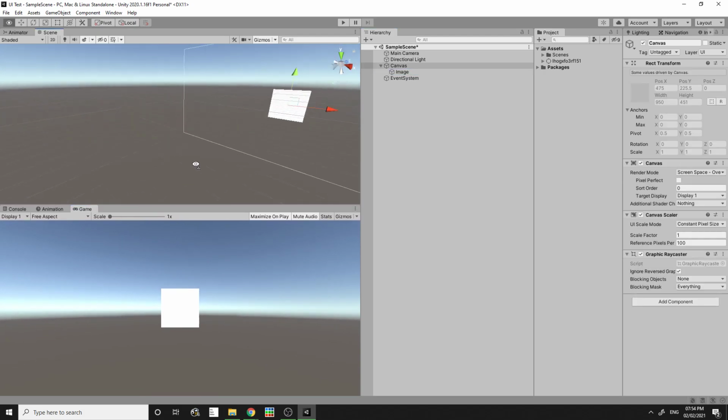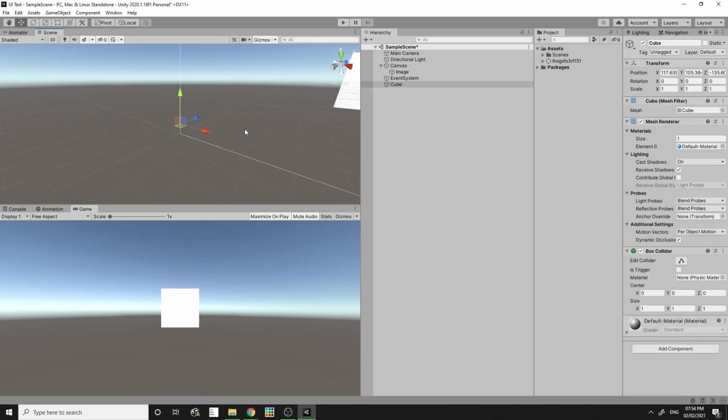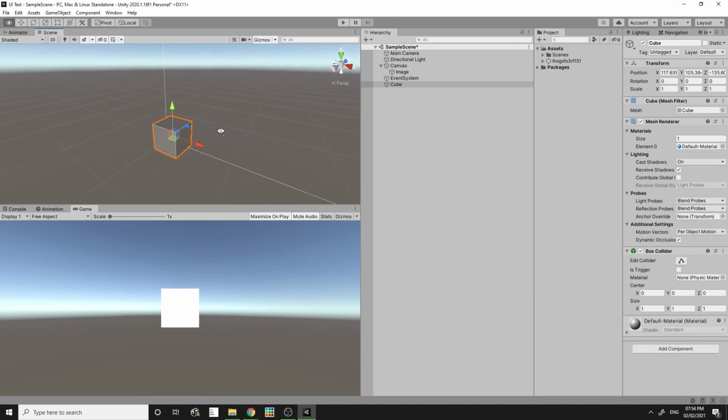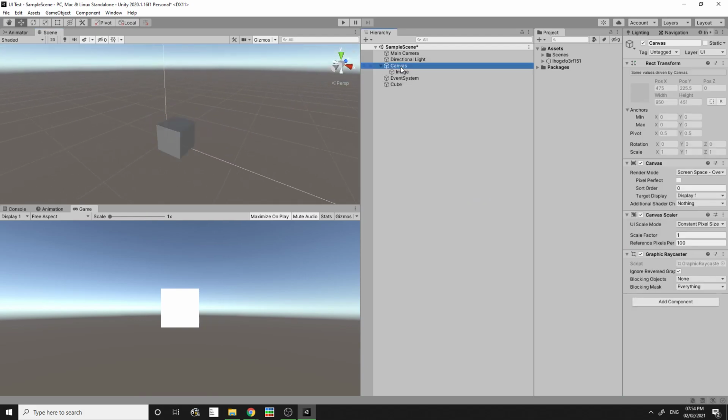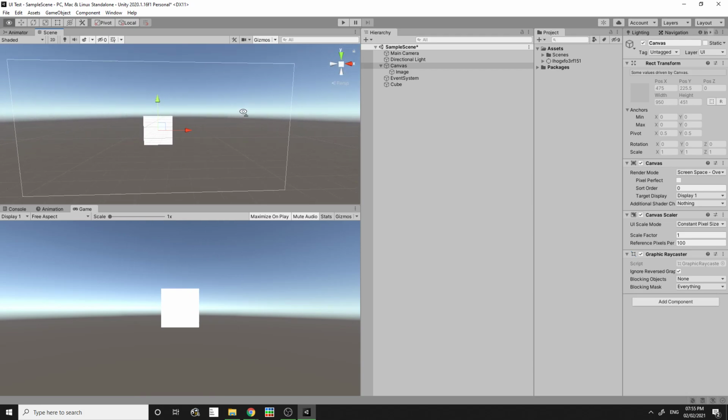Here's a top tip for you. If you're looking at, for example, a 3D object that's in your scene, like this cube, and you're like, okay, so I've got my canvas, where is it? One of the things that you can do is whenever you select an object in Unity, you can go ahead and press the F key, and that will focus on that particular game object. In this case, we can zoom way out by pressing F with our canvas selected, and now we can see exactly where the canvas is as this big massive part of our game scene,